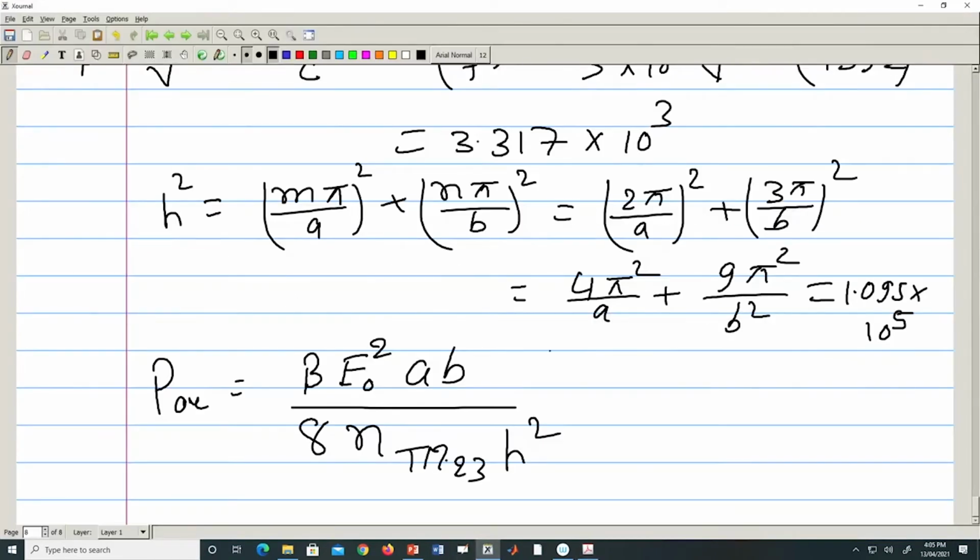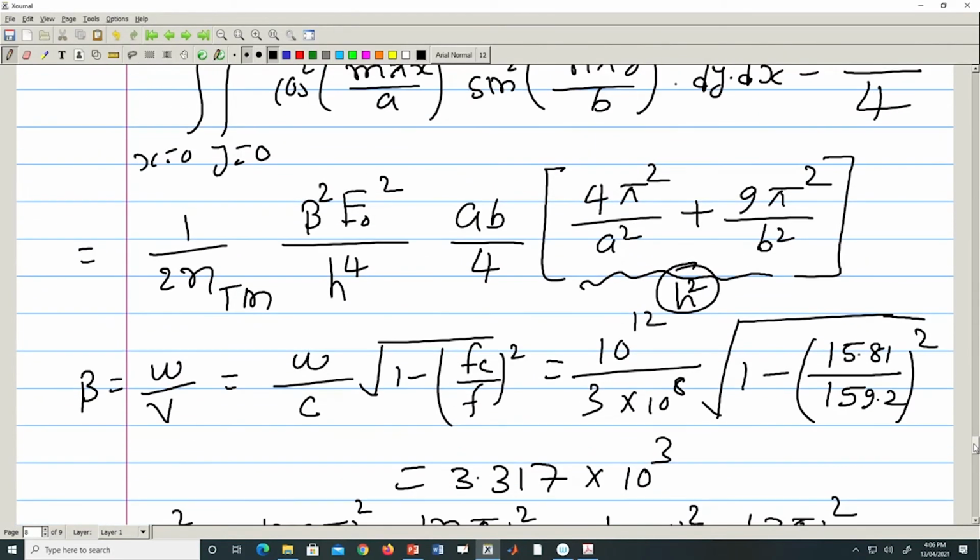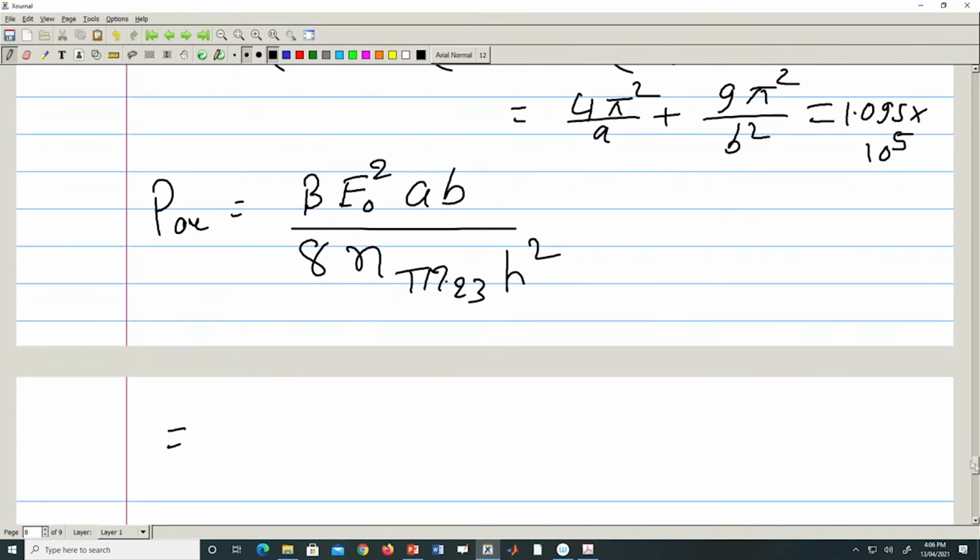So, this power average will be, we can substitute all these values. So, beta square, right. So, it will be beta square. So, beta will be 3.317 into 10 to the power 3, whole square,